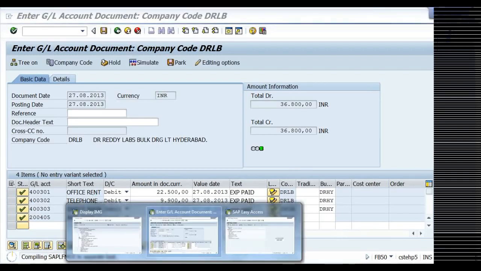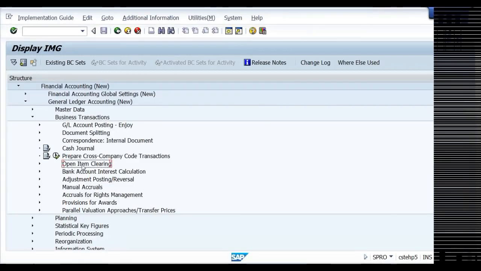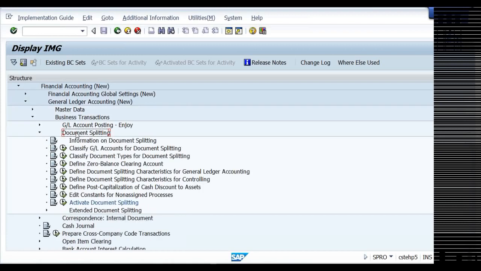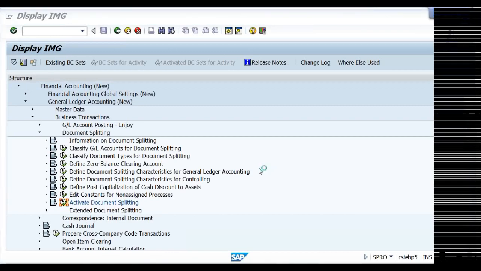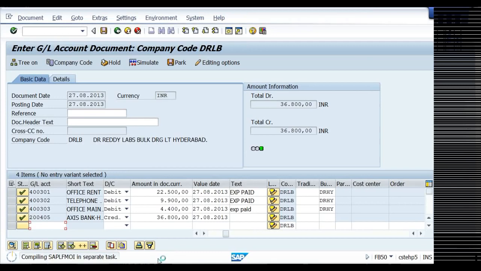I think we have deactivated document splitting. Oh God, still it is slow.